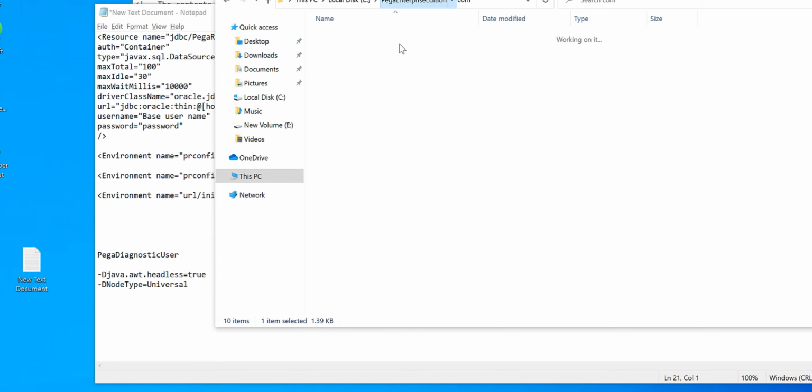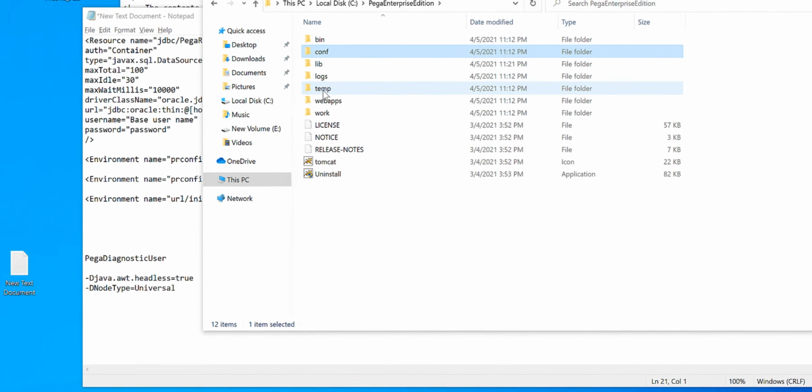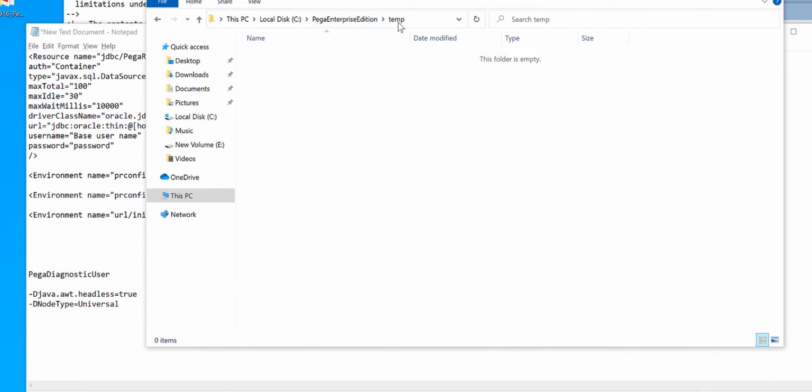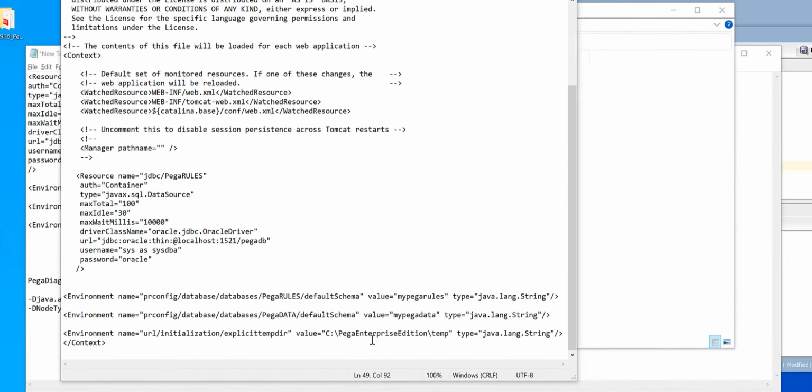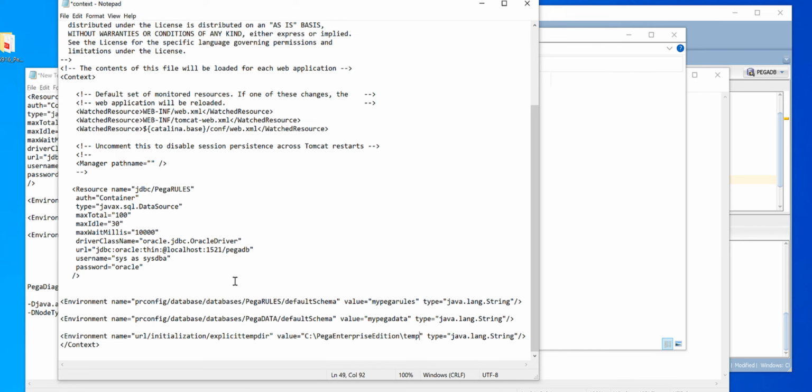Under your Tomcat installation, there is a temp directory. You can specify this temp directory. Once you have updated all these details, you can save this context.xml file and close it.